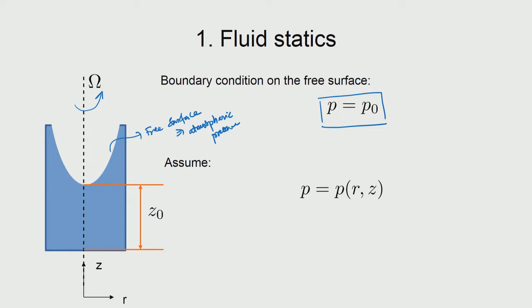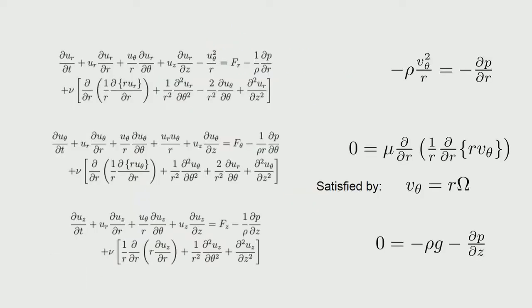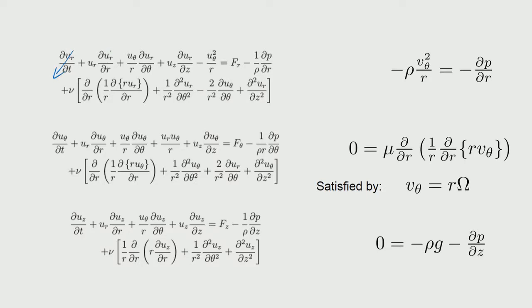We want to assume that there is no theta variation, it is an axisymmetric problem. So we now have a situation where pressure is a function of r and z, and we want to determine that. The equations are here. These equations are going to be very trivial because we do not have velocity components except in the theta direction. Because the r velocity is not there, wherever u r is there, those components will all go off.